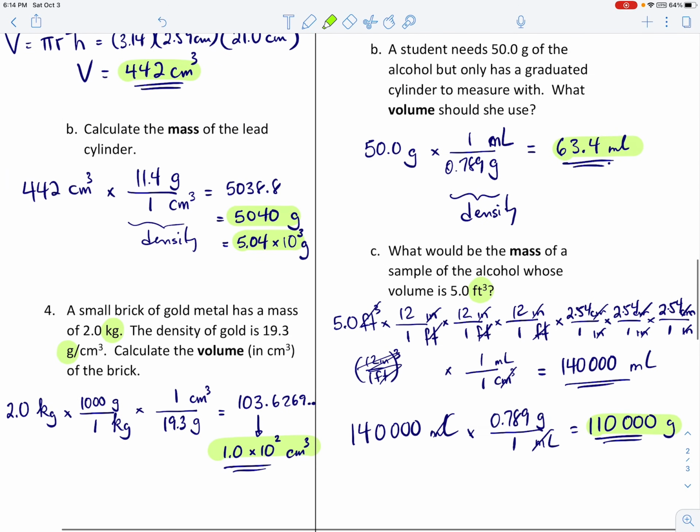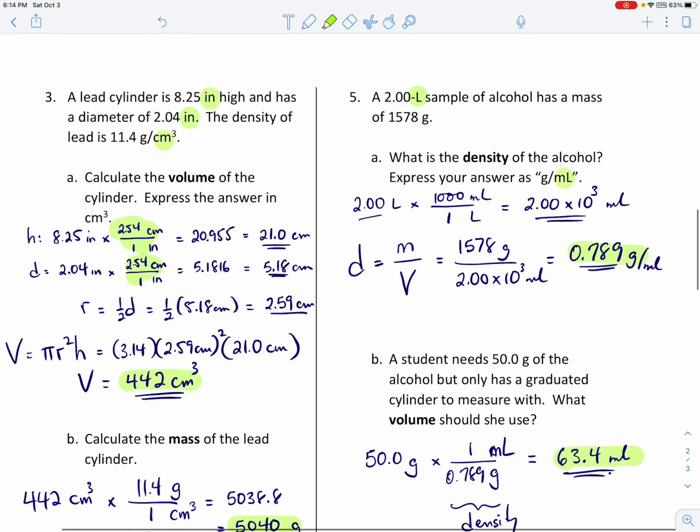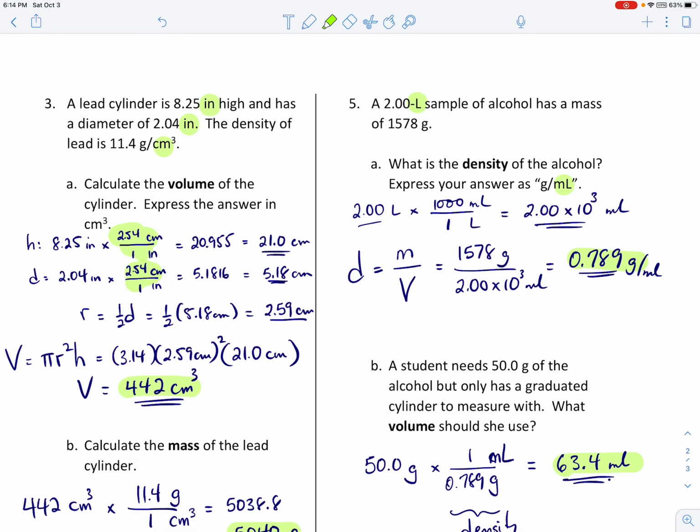All right, so I hope that helps. You've practiced and hopefully understand how to set up density problems using unit multipliers. You understand the only time to use the density formula is if you're calculating density itself, and you know how to pay attention to significant digits, scientific notation as well. So good luck. This should give you a good start or a good review. You can jump in and start your worksheets on density if you're